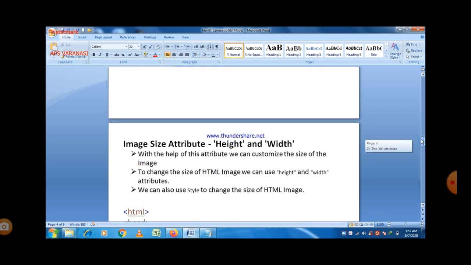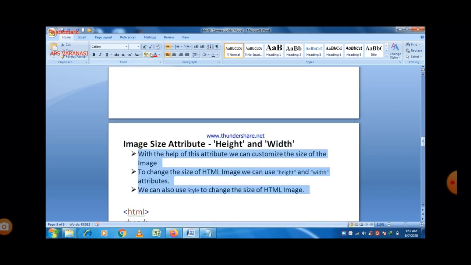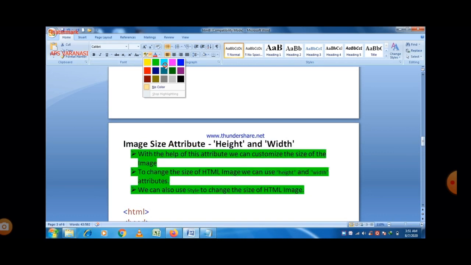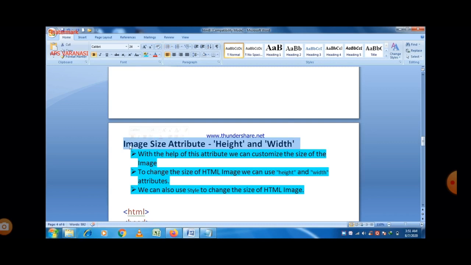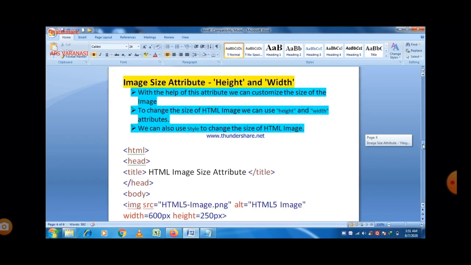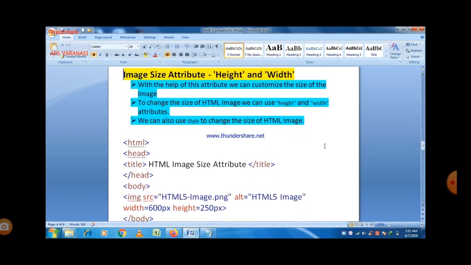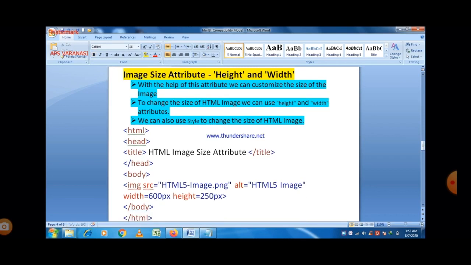So you can easily see here. If you want to change the height and width of an image, then we can use the height and width attributes for that purpose. And always remember that height and width are given in terms of pixels or in terms of the percentage of the screen. So there are two options to change the height and width.